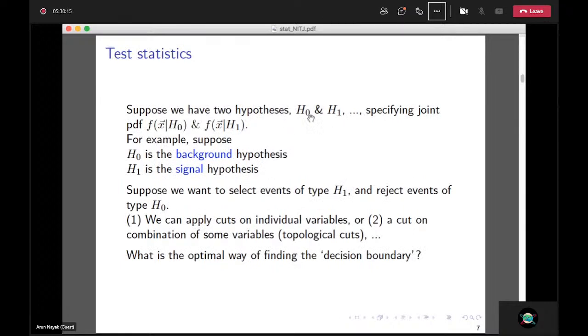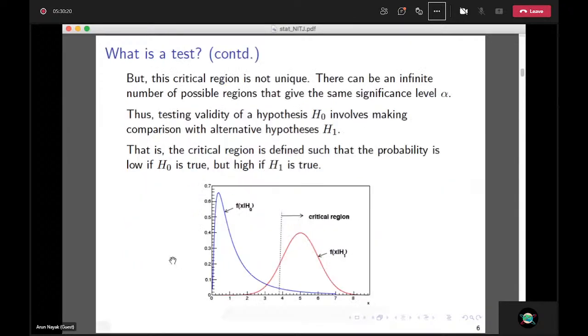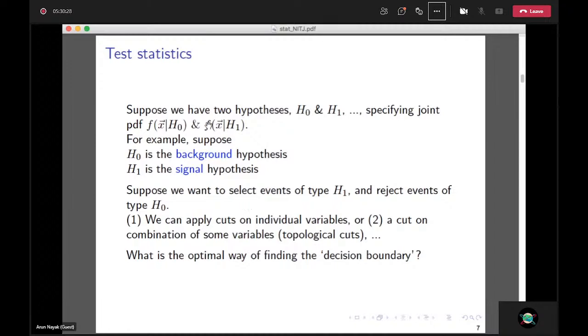So as I said, we have say two hypotheses H0 and H1, and we have these two probability distributions for the probability of finding X given the hypothesis. As I said, we can consider H0 as the background hypothesis, and H1 as the signal plus background hypothesis. Suppose we want to select events of type H1 and reject events of type H0. So then we can